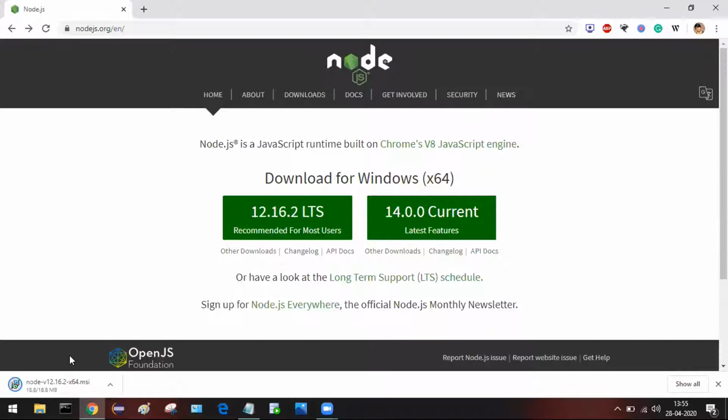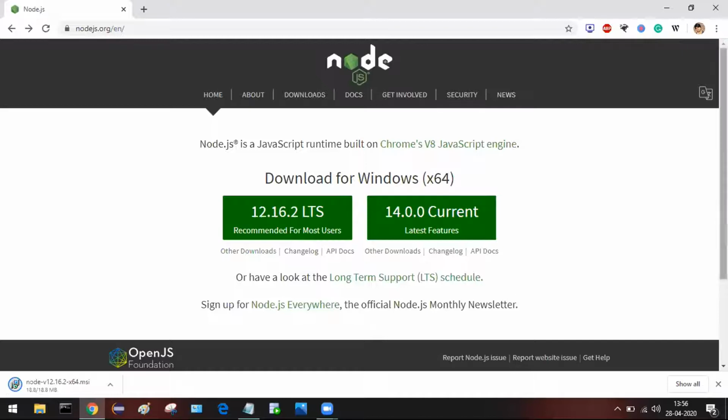After the download completes, just click on that file. In my case, in the Chrome browser, the downloaded file is displayed at the bottom.